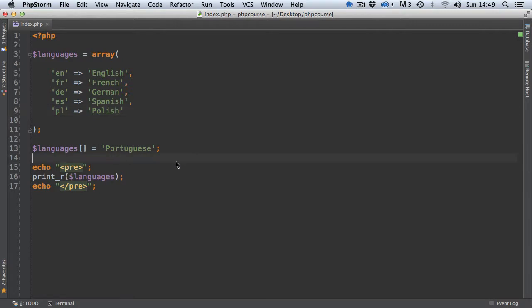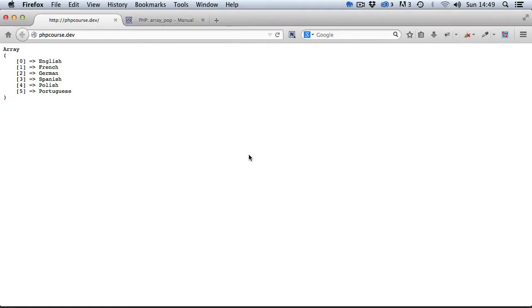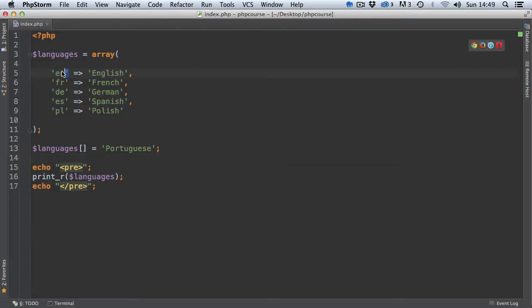And now if I save it and preview everything in the browser, refresh the page, you can see that as long as we've been associating keys manually with the values, we keep these keys the way they are. But any new item without a key being specified will start gaining the default indexing. In this case, we're going to start from 0, because obviously the previous items have string keys. If, let's go back to the editor, we specified, let's say 5, 6, 7, 20, and 100,